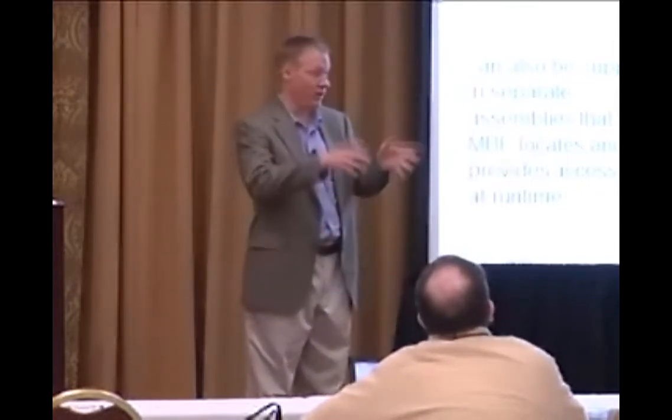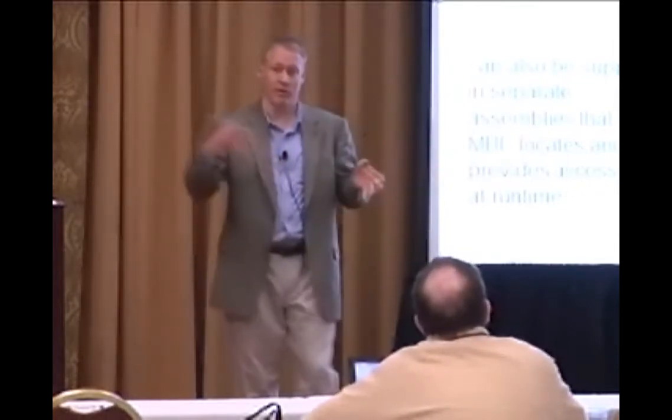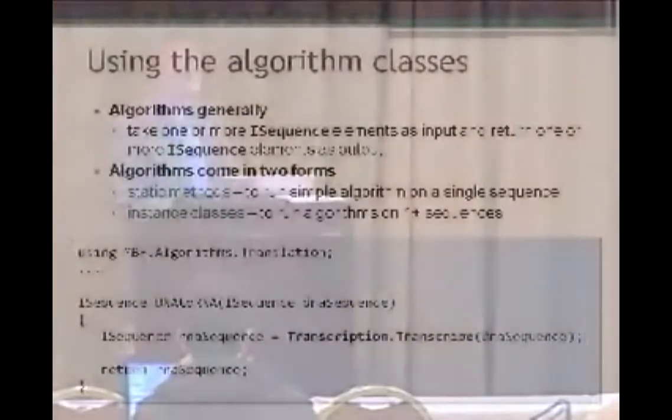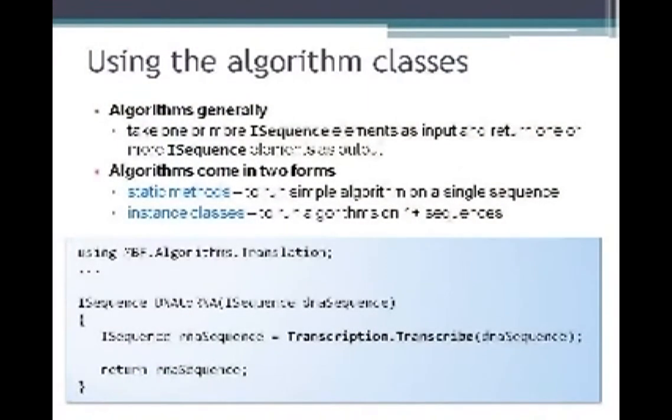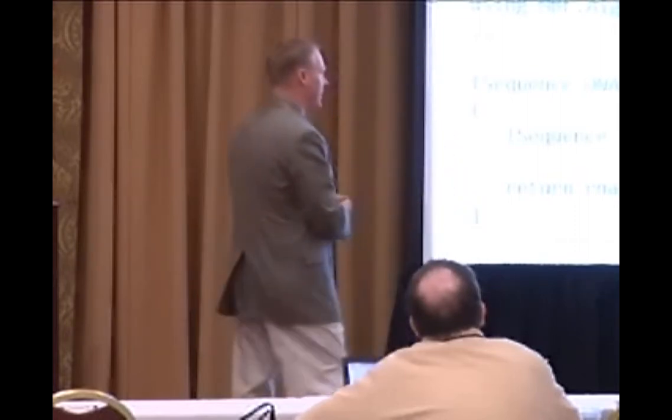Okay? So you can actually build your own alignment or assembly or any other type of algorithm that you want to use to analyze this data or transform this data in some way. There are built-in transformations for translation purposes. So there's really two classes of algorithms that are in MBF. One is where I take a single sequence and I'm doing some sort of transformation to it or translation to it. In that case, it's simply a static method that's being used.